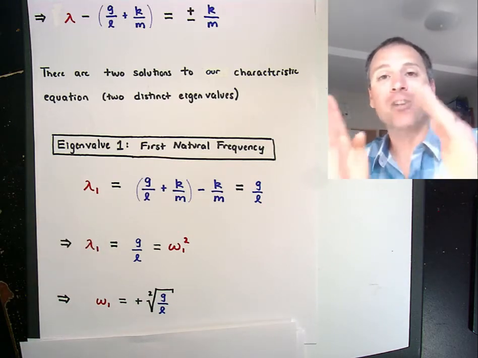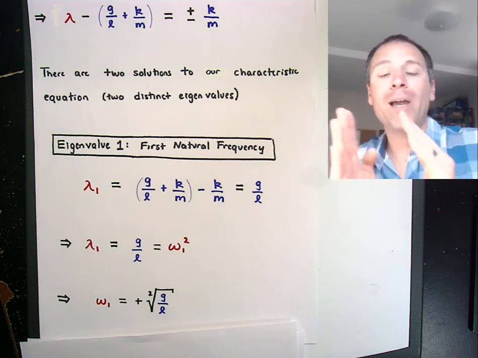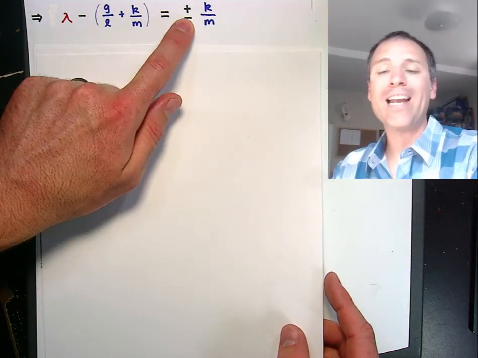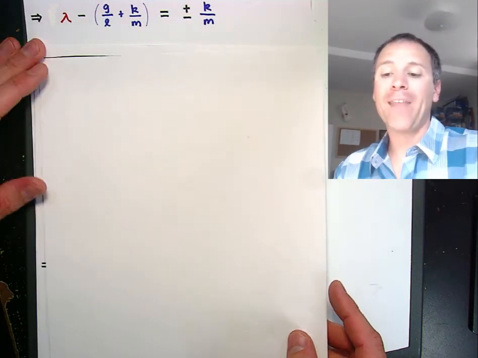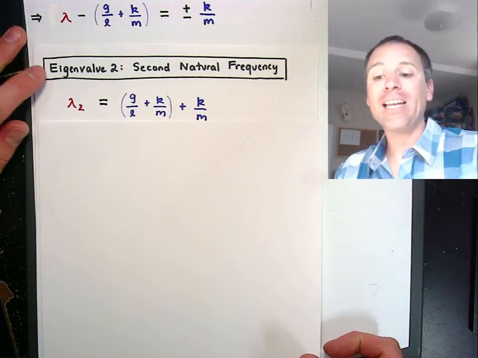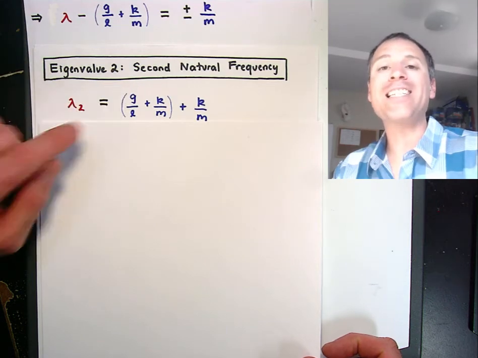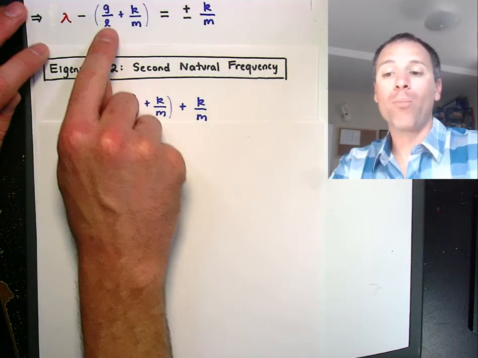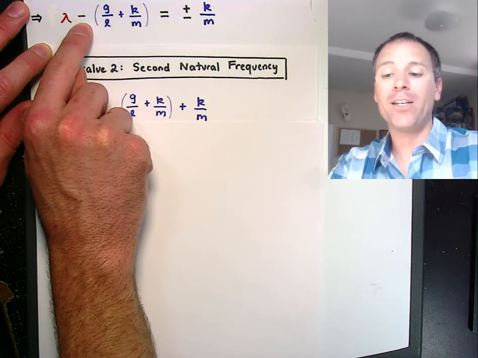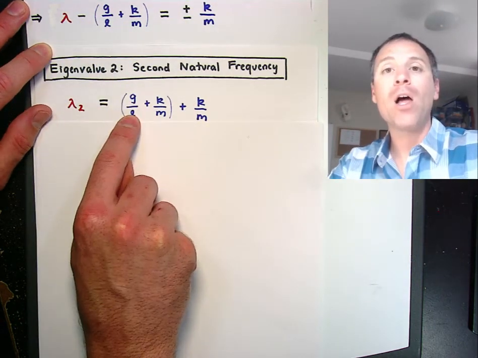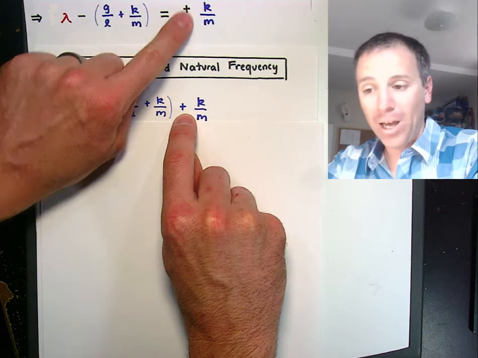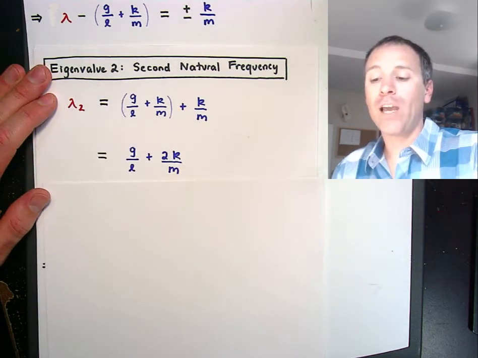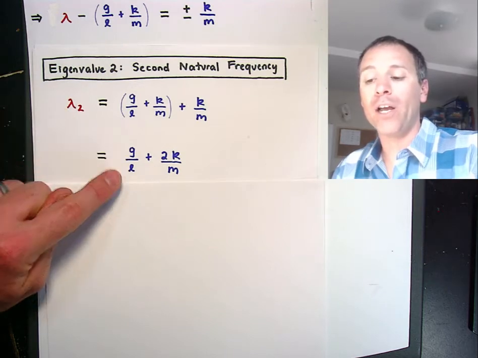It is the natural frequency of those pendulums in isolation. To find the second eigenvalue, we're going to set the right-hand side to a positive. In that situation, we're going to say the second eigenvalue, or what we call the second natural frequency of our system, lambda 2, we're going to bring this term over to the right-hand side via addition. So lambda 2 is g over L plus k over m plus k over m. In that case, we have 2 values of k over m. So lambda 2 is going to be g over L plus